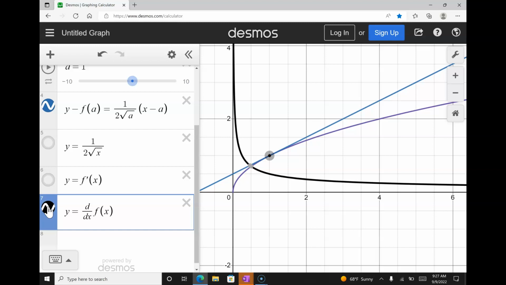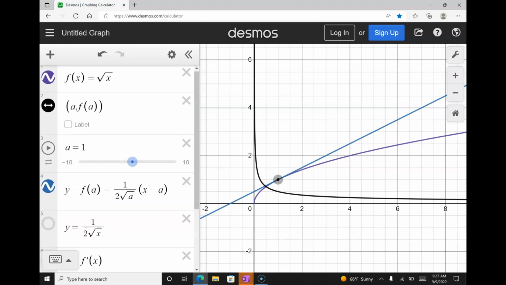So, dynamic secant line with the tangent line, right? The secant line should go through A, f of A. Yes, you with me? The tangent line should be attached to A, f of A. What I want to be able to see,